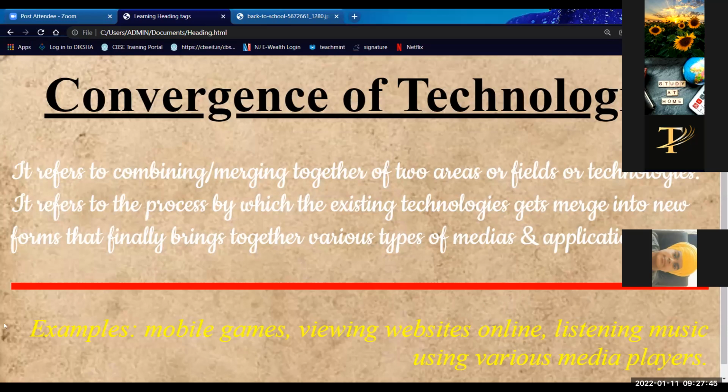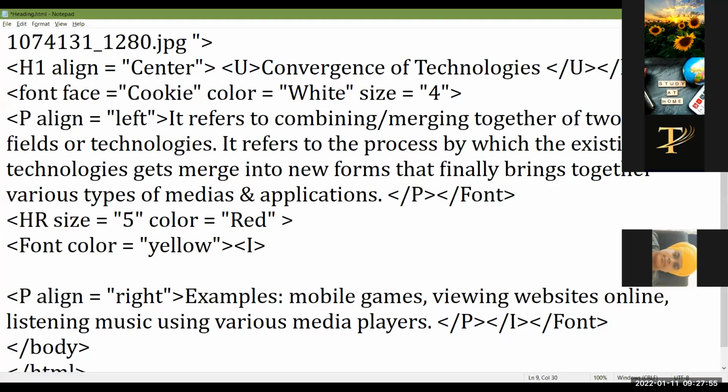By default it is on the full page. But I want that it should not come on the full page, only a small area in the center. Then I can specify the width. Width equals to, suppose I am giving it in the percentage of the web page. You can give in the number of pixels also, or in percentage. I am giving it as 50% of the page, so that 50% of the page area is covered.